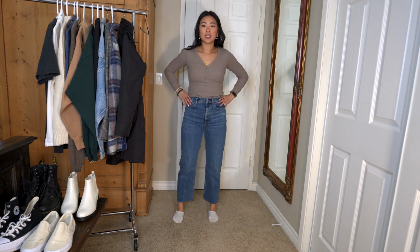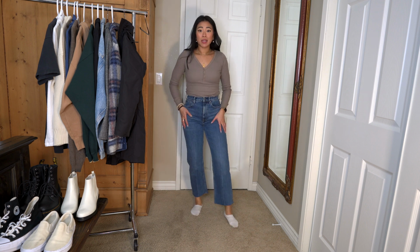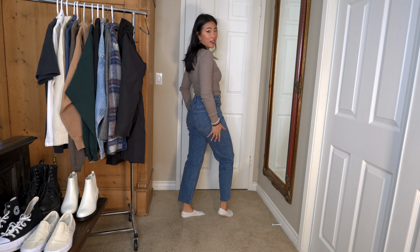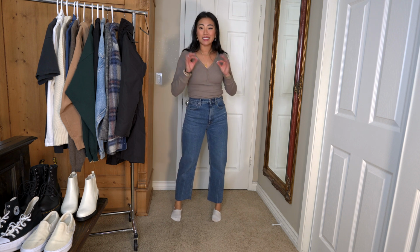Okay, so these are just the way high normal jeans. I also got these in a size 26 and they fit me perfect. These ones are supposedly not as stretchy as the black ones because it says that the black ones are high stretch, but to me these still feel super comfortable. They hug me really nicely. Again, it makes my bum look really good, and the first time I tried these on I was like, Brandon, look at my butt. Makes my booty look really good, and for a pair of jeans to do that, it's just like,